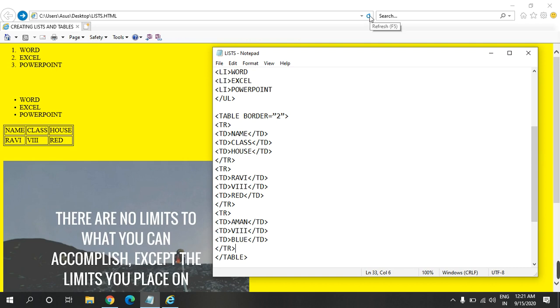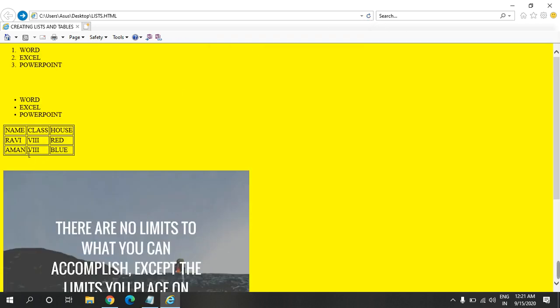Now we refresh it and you may see Aman, 8th and blue. 3 more values are added to the table, 3 values in a row. With that we have added 3 cells which contain Aman, 8th and blue.